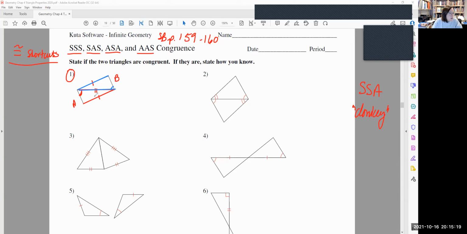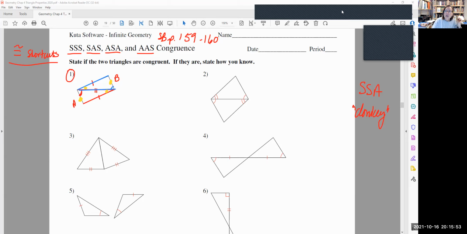But here's the problem. This angle right here, and I'm going to use a completely different color to highlight this, all right? This angle here and this angle here are not fixed, okay? And this side here and this side are not fixed. So this little arm can rotate a little bit one way or the other. I'll have an acute and an obtuse version that create two different triangles. So this is one that you cannot